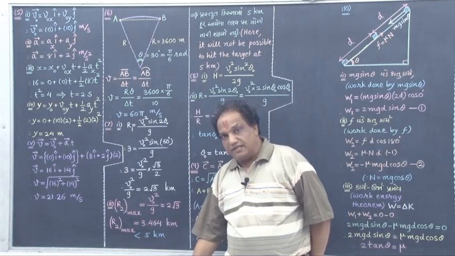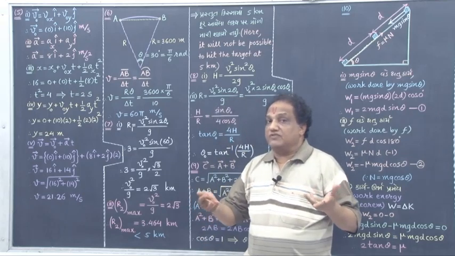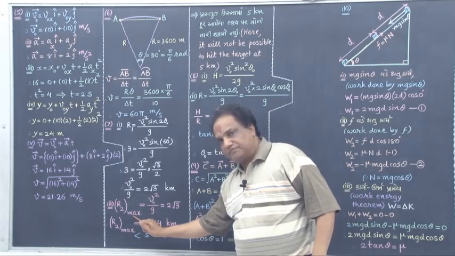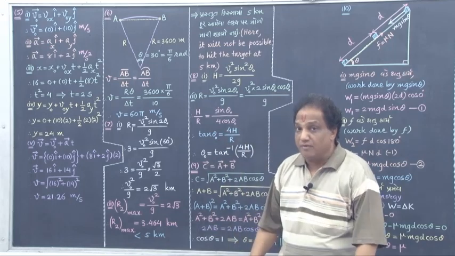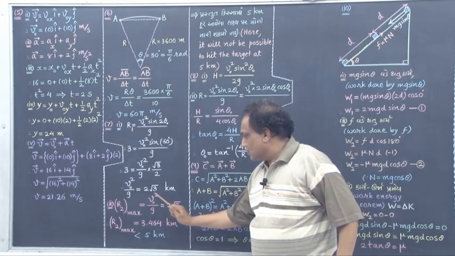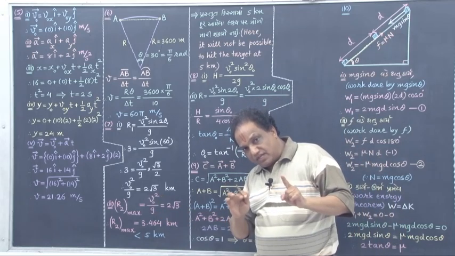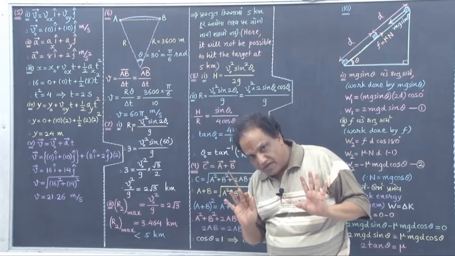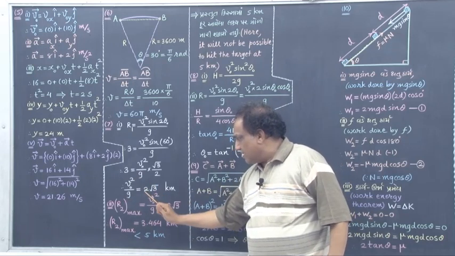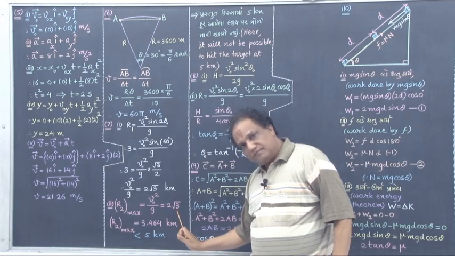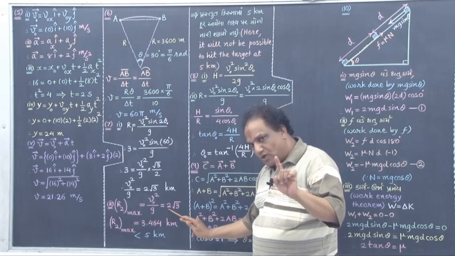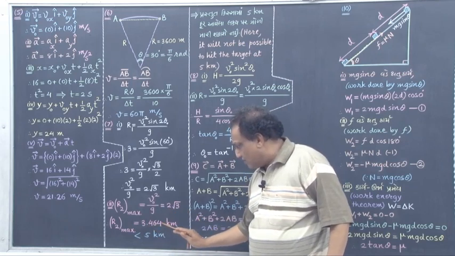In the second case, let the range be R2, but in the second case we are looking for maximum possible range. That is why outside the bracket I am writing maximum. You know the formula of maximum range in case of projectile motion, it is V0 square upon g, correct. The initial velocity is the same in both the cases, so keep V0 as it is. But V0 square upon g is nothing but right now 2 root 3, correct. Now this root 3 is 1.732, multiplied by 2 will come out to be 3.464 kilometer.